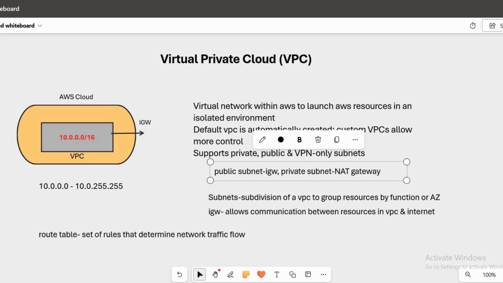For private instances to reach the internet safely, we will use the NAT gateway. All of this works together to give us control and isolation, and also the flexibility, which is the benefit of building in a